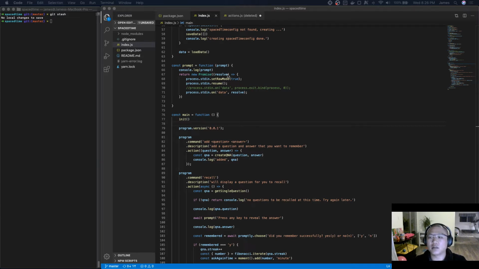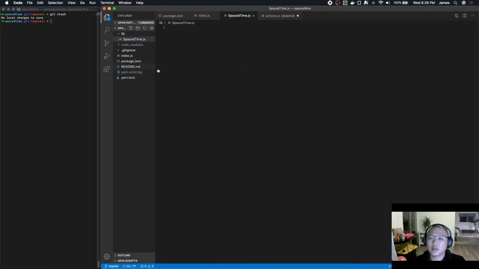So jumping right in, let's start by creating our library file. I'm going to create a directory called lib, and inside the directory I'll call it spacetime.js. And this will, oops, we're not doing this, module.exports equals class SpaceTime. We'll have a constructor,